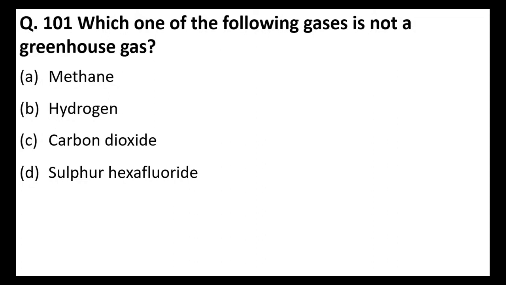Which one of the following is not a greenhouse gas? Methane, hydrogen, carbon dioxide, or sulfur hexafluoride? Which one of the following is not a greenhouse gas? It is hydrogen, because we know methane. We saw one question when we said that methane has 20 to 25% more potential than CO2. Sulfur hexafluoride is also a greenhouse